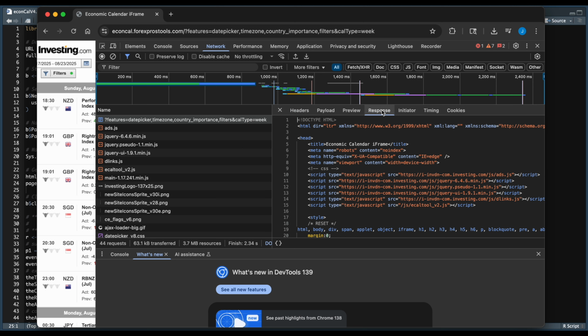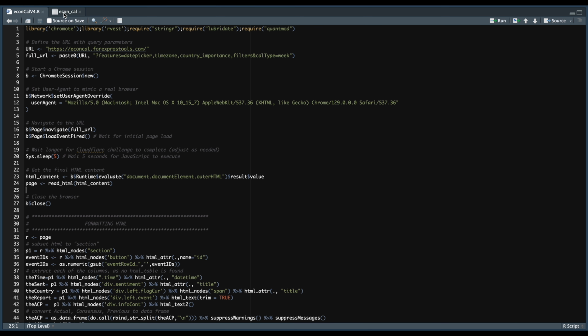and if you click on response, sometimes you'll see a table which can be easily extracted in R, but in our case the data that we're going to be working with is in HTML. So just verify the URL in the header section and the type of data that you're going to be working with in the response. Now if we go to our R script and if we click on econ cal, we